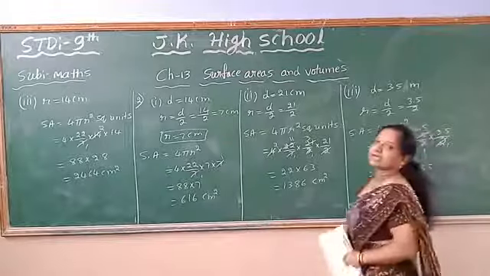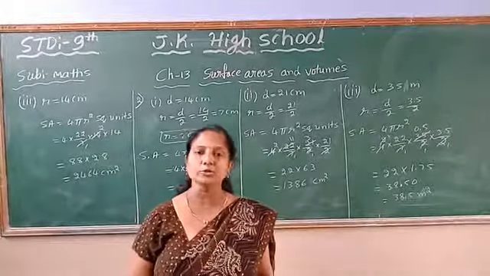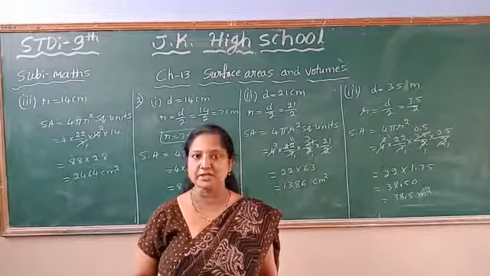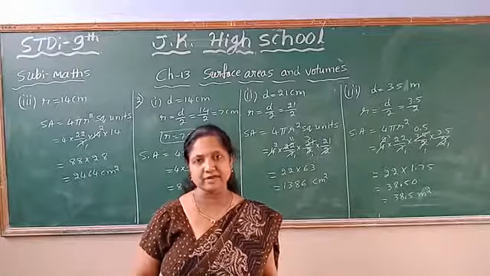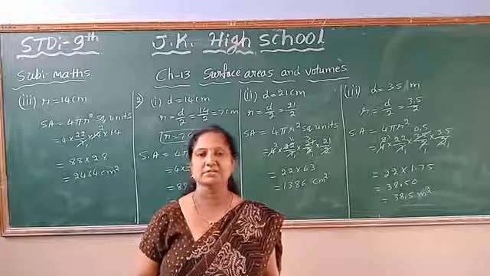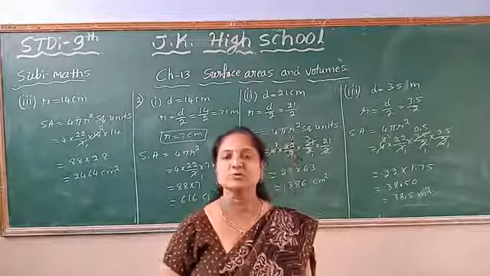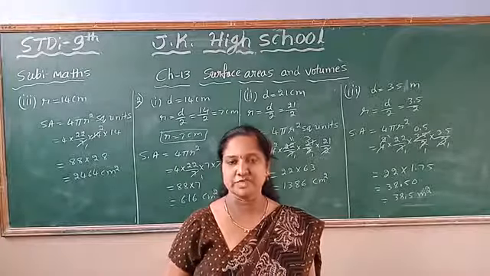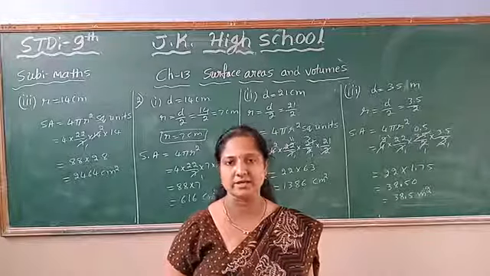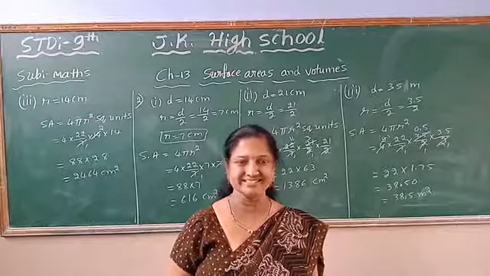Okay, children? Write down. In this manner, we will give you radius and diameter. How to find out the surface area of a sphere? If they give the r value directly, you can substitute directly in the formula. When they give you the diameter, you have to convert to radius by dividing by 2. Then you substitute in the formula, surface area of sphere 4 pi r square, and simplify. You will get the surface area of the sphere, children.